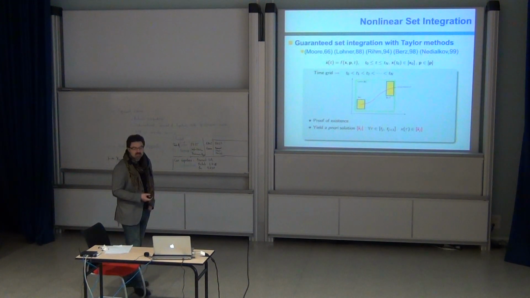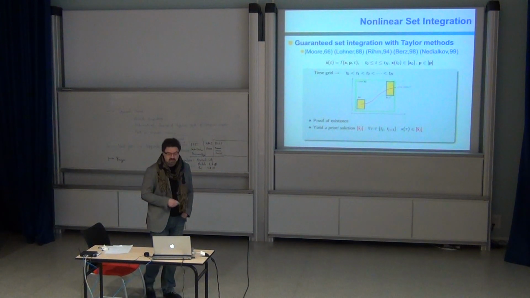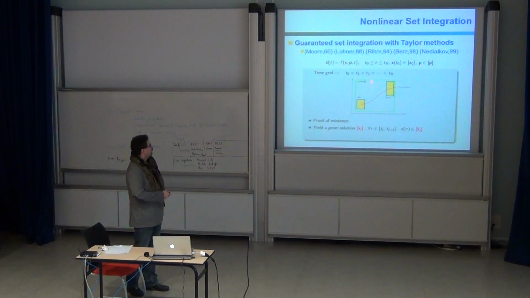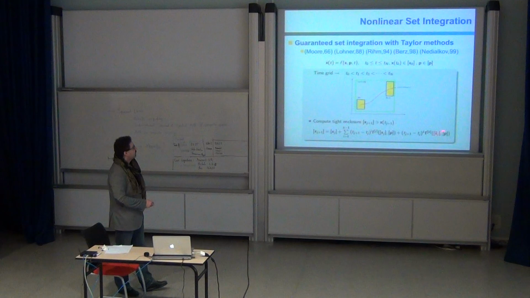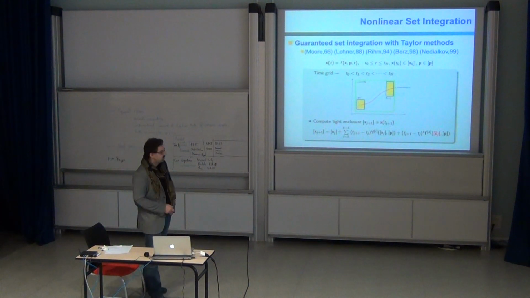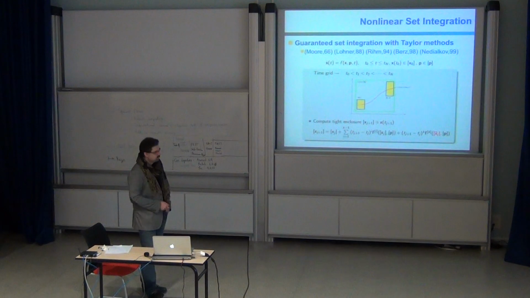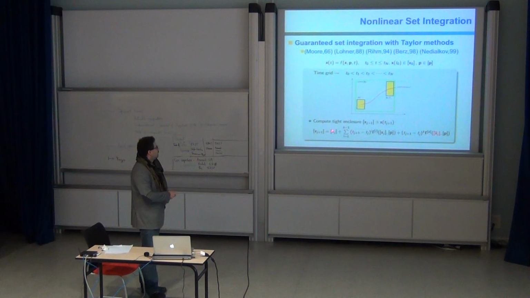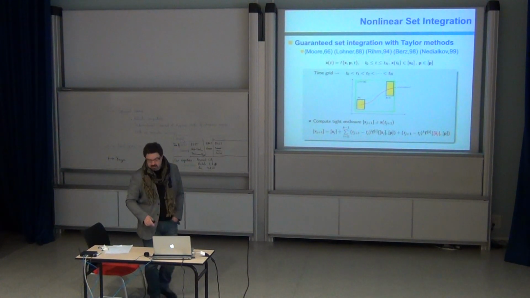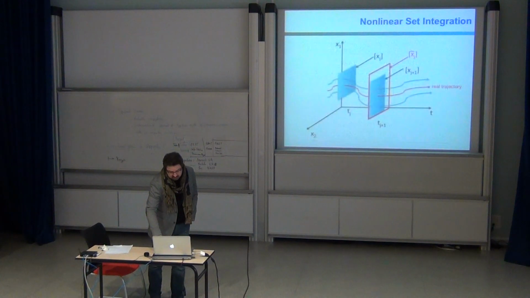Proof of existence using the Picard operator and fixed point theorem. Compute an enclosure of the whole trajectory between 2 time steps, and then use this enclosure in the remainder of the Taylor series in order to have an inequality here, and then you just have to extend these 2 sets, and you have an analytical, nice equation that you can write on a whiteboard, but it is theoretically sound, but of course in practical situations there are many issues, and